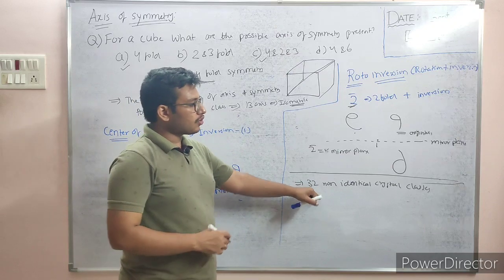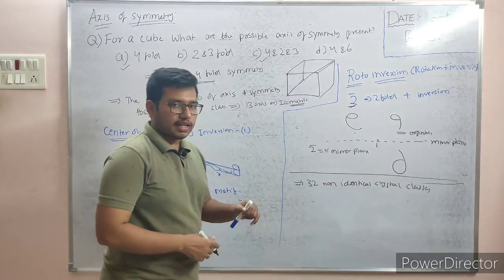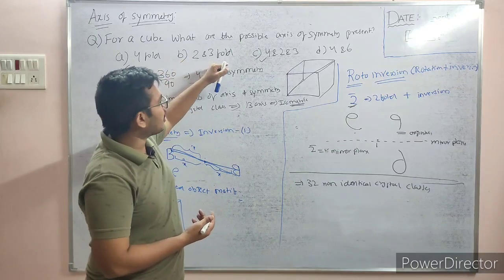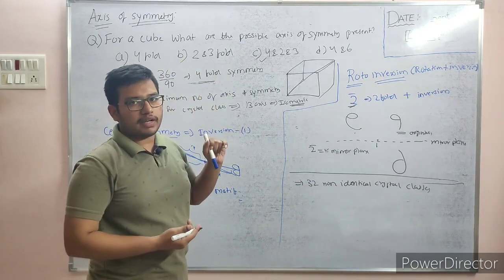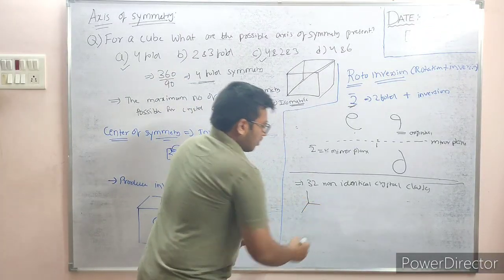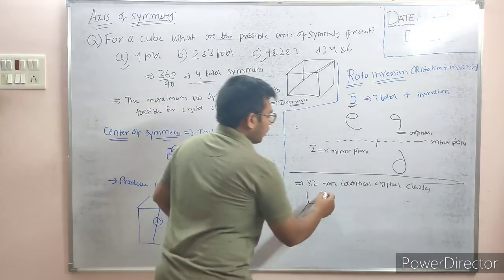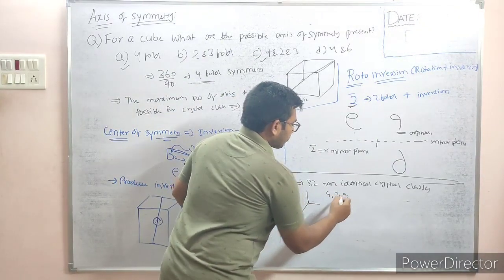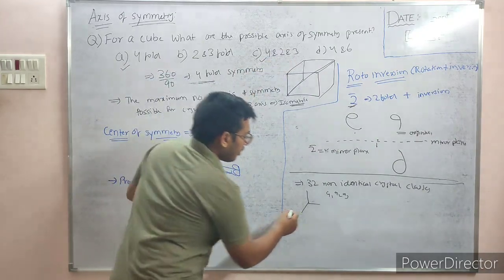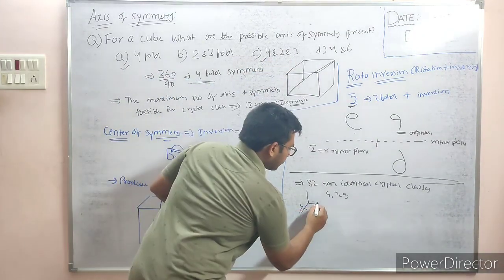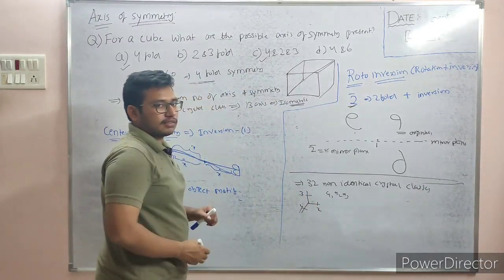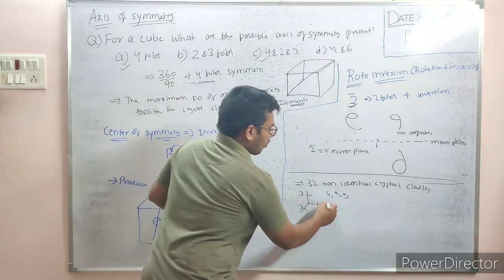We will understand this also in the latter part. What I am saying is that we know that 2-fold axis of symmetry occurs, 3-fold axis of symmetry occurs, 4-fold axis of symmetry occurs. Suppose you take any crystal system, we know that 3 axes are present, A1, A2, A3, right? So for a cube, 4, 2 and 3 are possible. If I am putting 4-fold on one axis and 2-fold on another, and I am putting a 3-fold axis of symmetry on another axis, this will form one type of class.